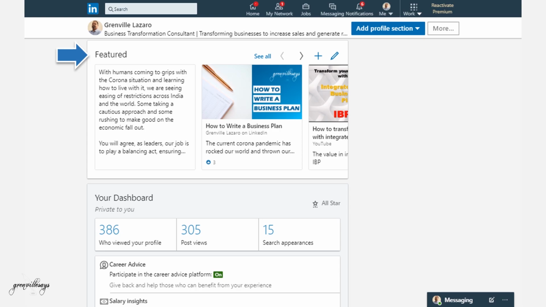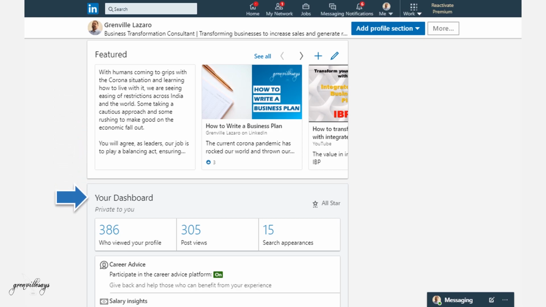The next section is the featured section, and here I have highlighted the articles which I want people to see and some of my YouTube videos which are very informative and something I want to sell to the clients. This is what I want to showcase. So this is the section where you showcase articles, and even if you have blogs, you could have them pinned to this section and showcase them to people who see them.